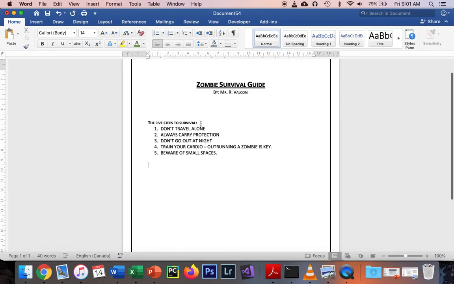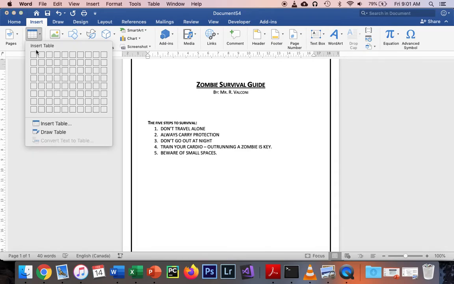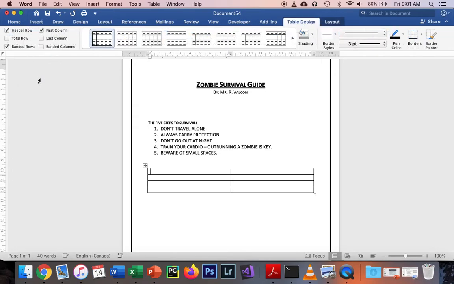We look good here, and now I can go into my defensive weapons and my emergency foods and drinks. So to do this, I'm going to need a table. So how do I do that? I'll go to Insert, I'll go to Table, and it's going to be 1, 2, 3, 4 rows and 2 columns. So yep, that looks exactly how I want it to look. Perfect. So I'll use my top 3 zombie defense weapons and my top 3 emergency foods